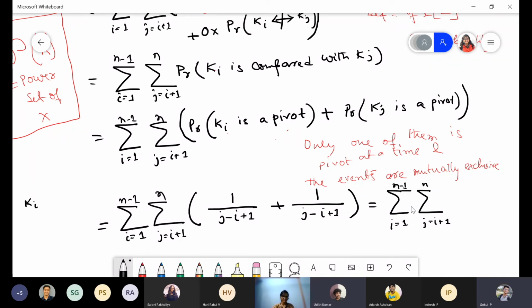No. Here, inside one particular event we are considering whether xi and xj are compared or not. So how many elements are there? All possible values of xi and xj within that range, right? So how many elements can we have there between xi and xj? Ma'am, even in that event, the pivot can be outside the i to j range. No. How can it? We are taking Ki and Kj compared. Ki and Kj can be compared when either Ki or Kj is pivot. So these elements have to be inside that range.